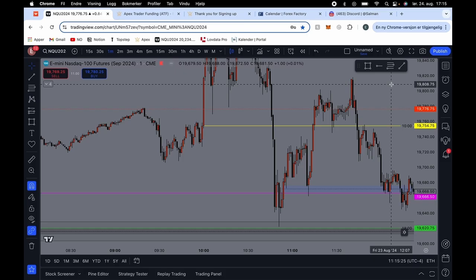So this is one of the first things that I do when I log onto the chart. I mark these levels, especially the 1800 and the midnight open. Obviously, the 10 a.m. comes later. I log onto the charts like 9 a.m., so I gotta wait for this one. Anyways,